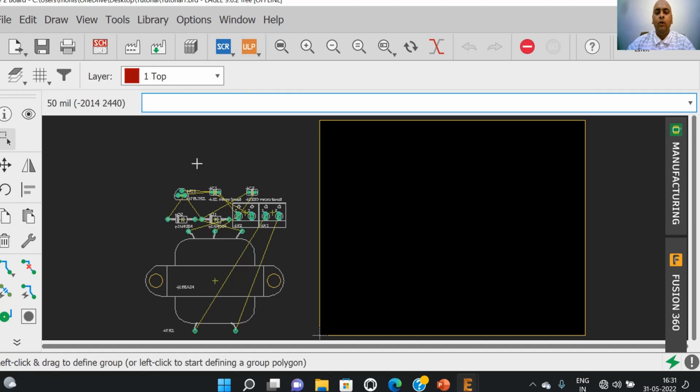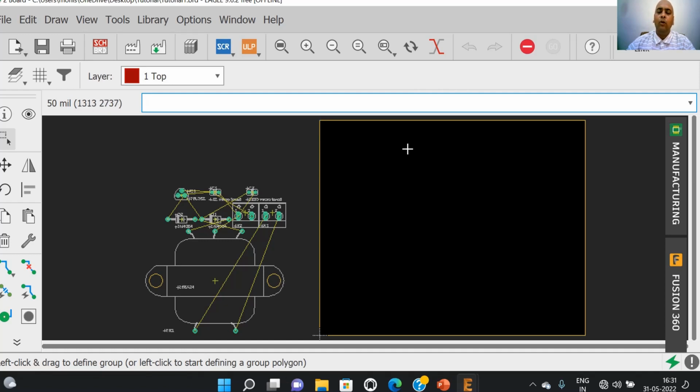This window shows all the components that are used in order to draw the schematic diagram of the circuit. It also indicates a board, the working board of Autodesk Eagle. The working board of Autodesk Eagle is bounded by the yellow lines on the screen.